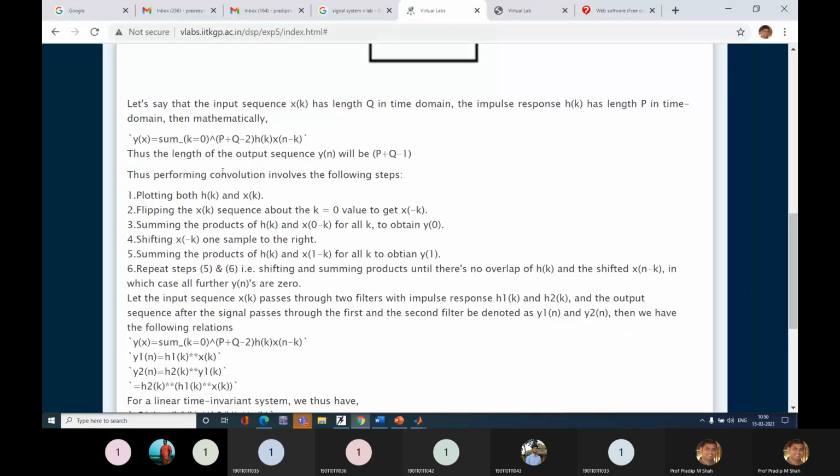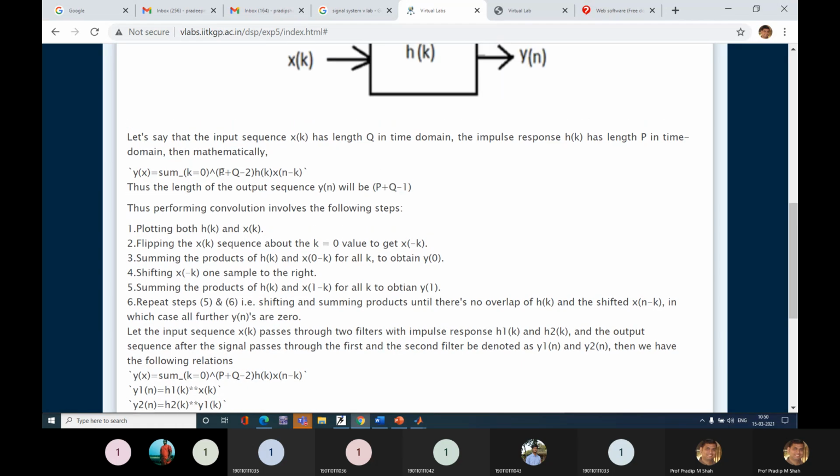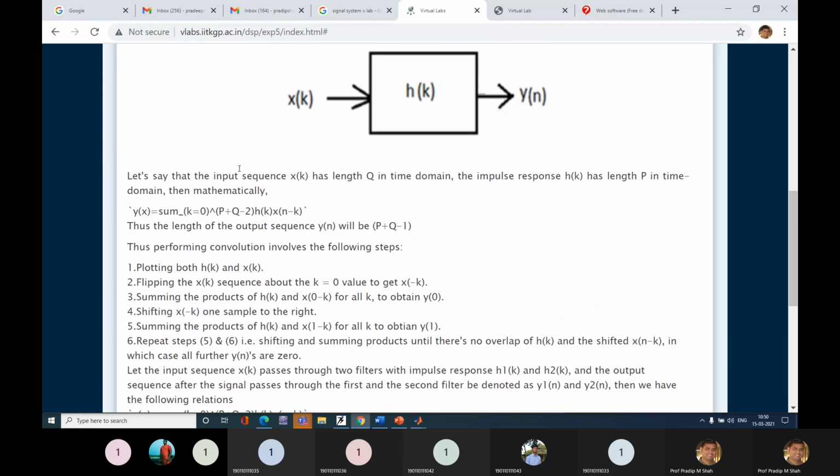The steps are written that to perform the convolution, I can plot both the signals, that means my input and impulse response, x of k and h of k. Now, what I am doing is according to my formula. What is the formula for convolution? Anybody tell me? Anybody know that mathematical expression?